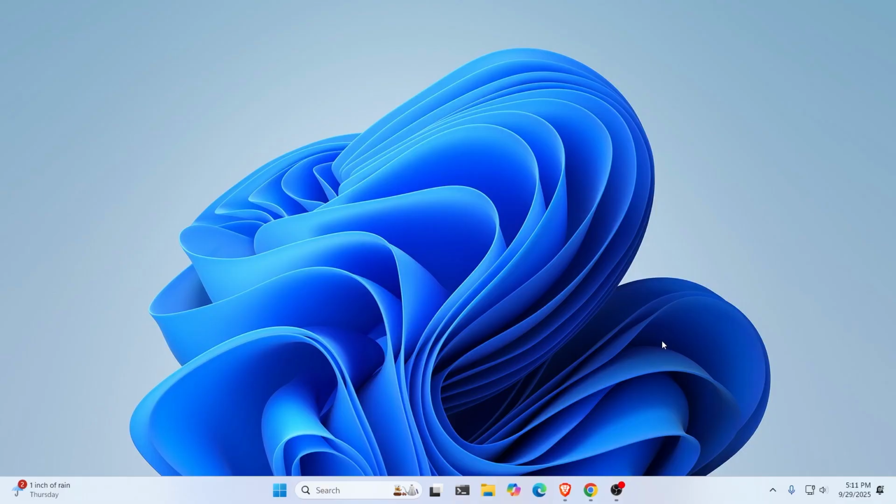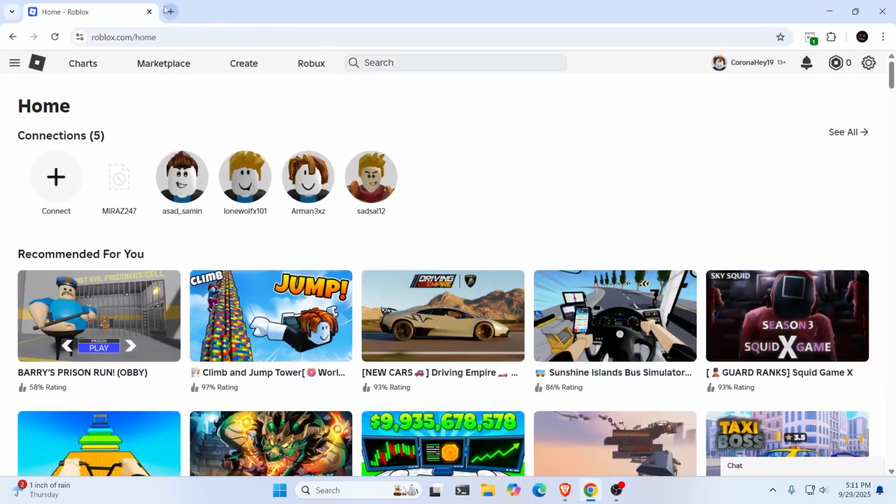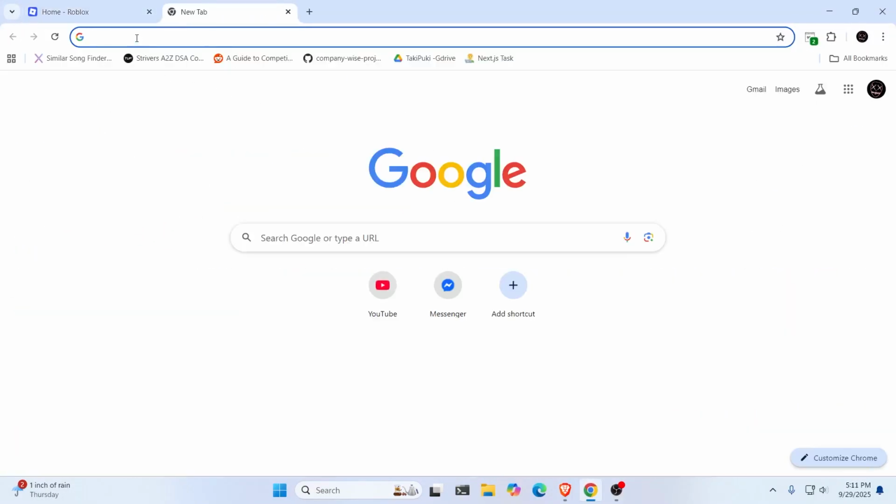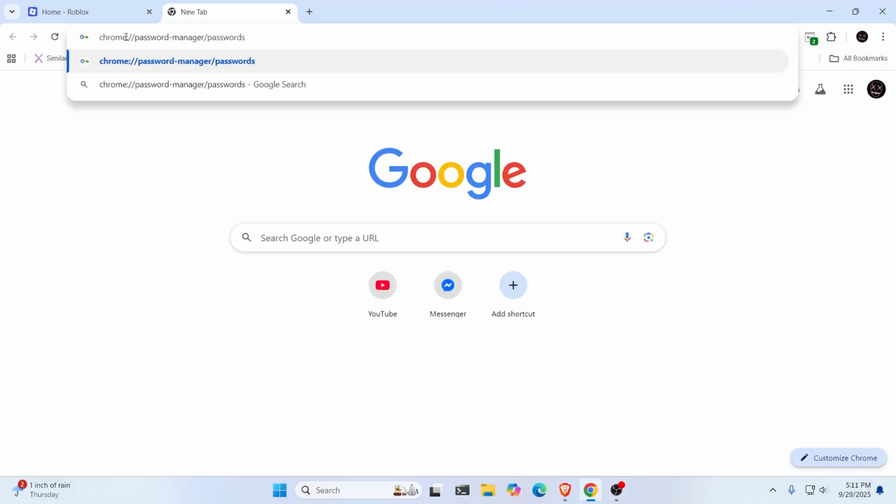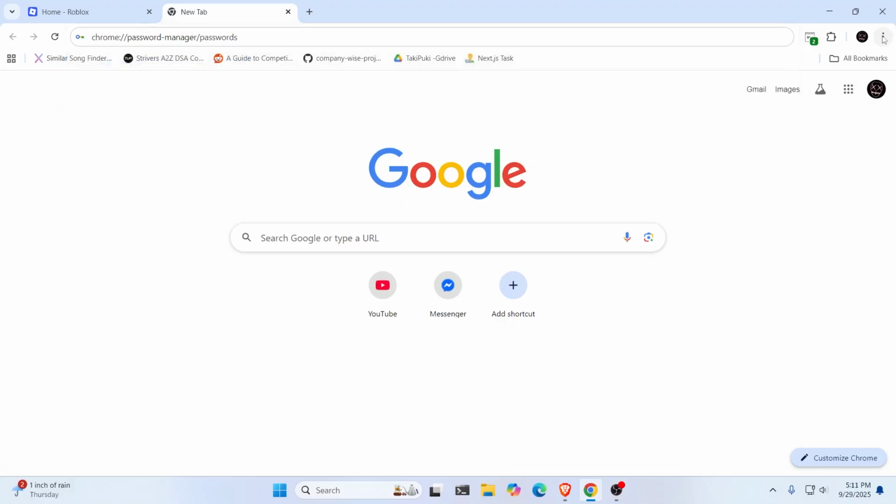And to see if you have done that, just open up your browser, then open up a new tab. And in the tab, type this. If you're using Chrome, just type chrome://password-manager/passwords. Just type exactly this, or what you can do is click on the three dot icon in any